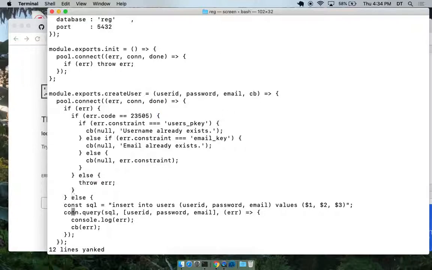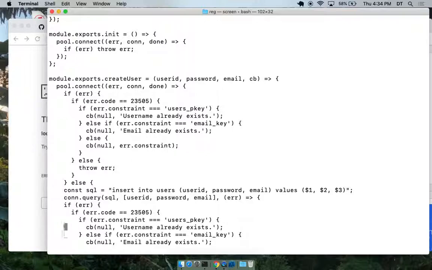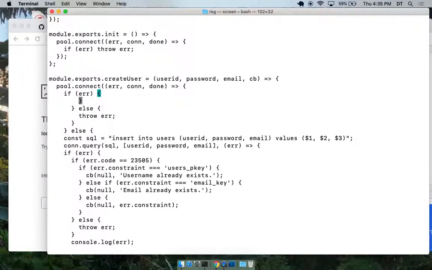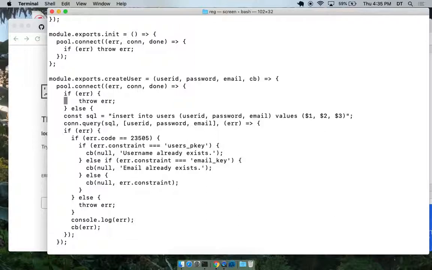Sorry about that. It goes down here. This is the error message. This is the error when you just connect to the pool. So we're not going to do any research on it. We're just going to throw the error at this point.